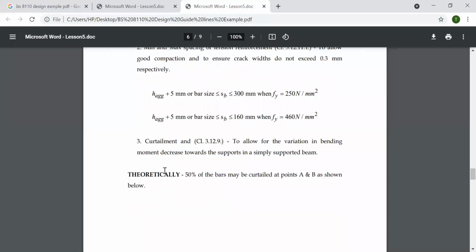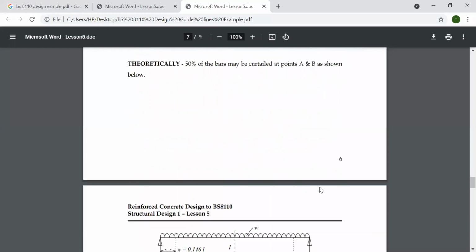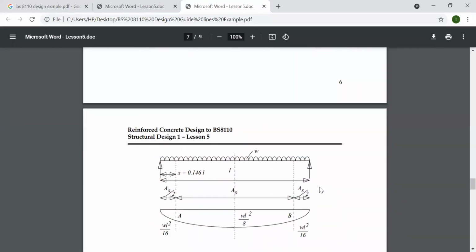So it says theoretically 50% of the bars may be curtailed from A and B as shown below. It means you can go up to 50% curtailment depending on the flexural moments. So the flexural moment happens in the section. But anyway, with these curtailments, one thing you need to be very careful about is that there may be different cases